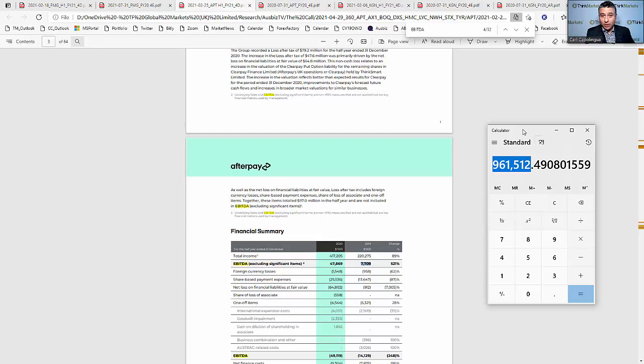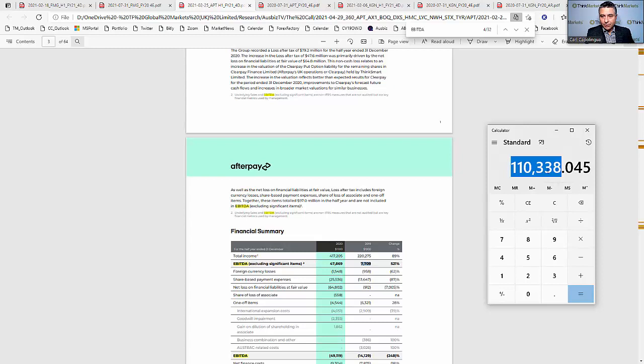For that, we would typically require net profit after tax. We're not going to do that. We're going to use EBITDA. We've got our growth rate, so that's quite easy to work out now because we know that the current EBITDA is 47,869. I'm going to store that, times it by our growth rate, which is 1.305. Hit enter, add that, memory recall, and it gives us a forecast, a projected full year EBITDA of